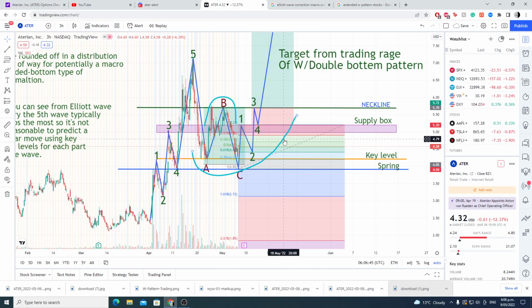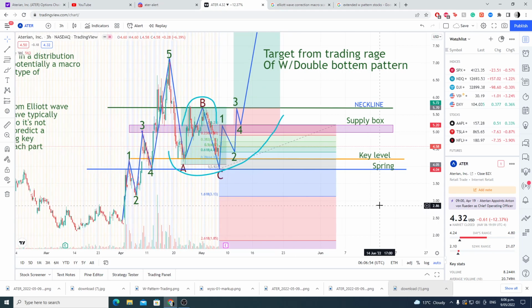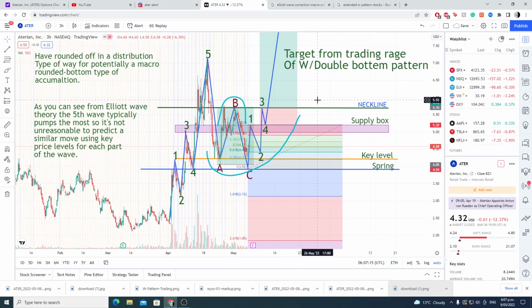I'm bullish this week. I'm bullish Tuesday. I don't know what's going to happen Monday, but I do feel like we're going to get back into the $5 pretty quick. And really quickly, if you want to see how I measured this out, this is from key resistance down here up into the supply zone, down to a Fibonacci retracement of 618, which is the most reliable Fibonacci retracement from the run-up, and then up into the neckline of the double bottom, down into the top of the supply zone, and then up from the trading range of the W